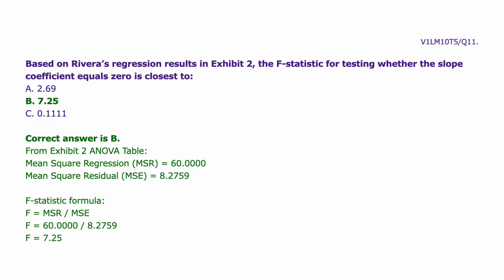The F-statistic 7.25 is found in Exhibit 2, ANOVA table. F-statistic purpose: test the null hypothesis that the slope coefficient for the independent variable, debt ratio, is 0. F-statistic is calculated as MSR, mean square regression, divided by MSE, mean square error, specifically 60.0000 divided by 8.2759 in